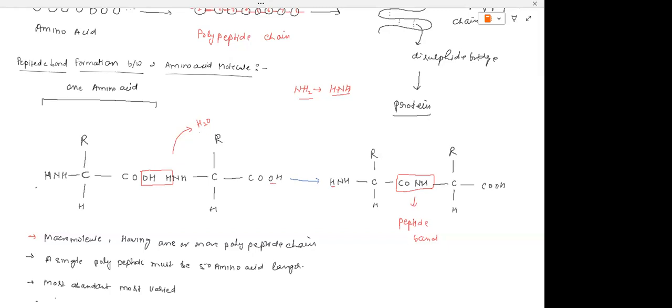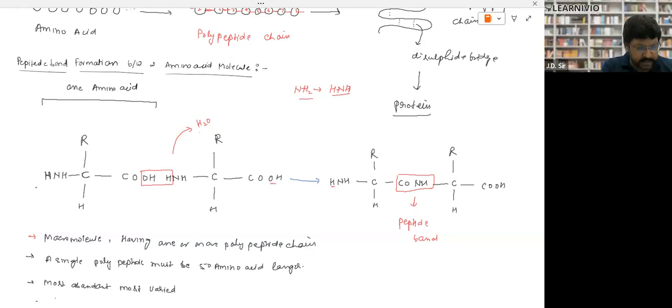So OH and H make H2O. OH and H combine and make an H2O molecule, and the H2O molecule will be removed during this reaction. Even here in this reaction, you can write it down: H2O plus